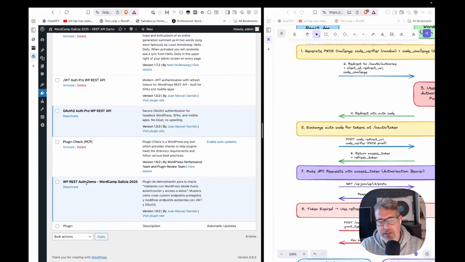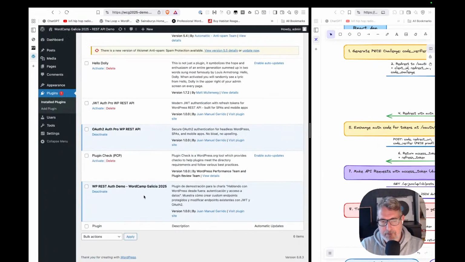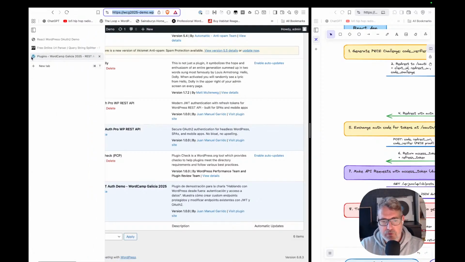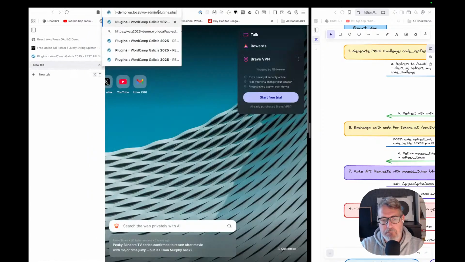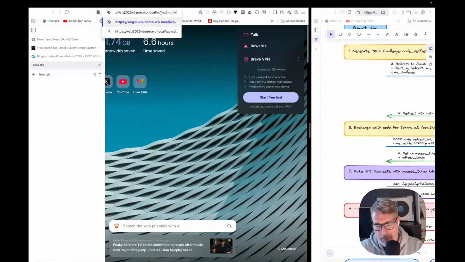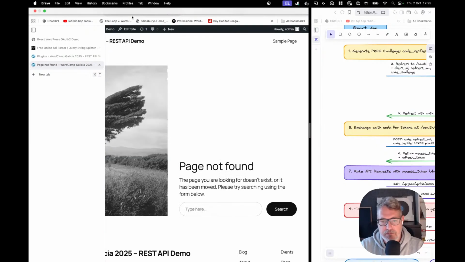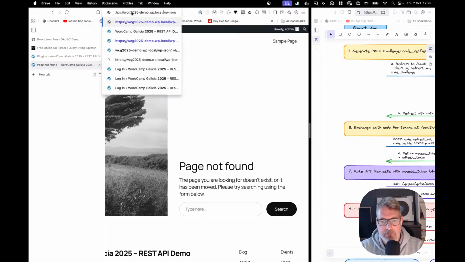Yeah, I have here these endpoints. This is a plugin with extra endpoints. If we go to WP JSON,